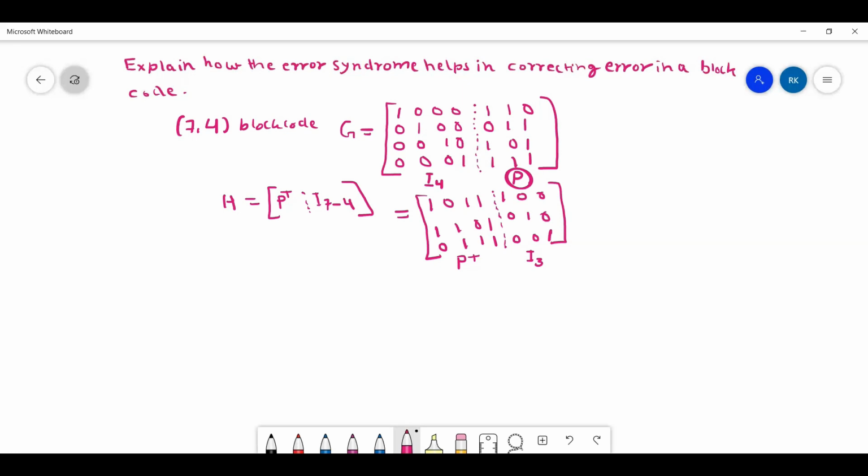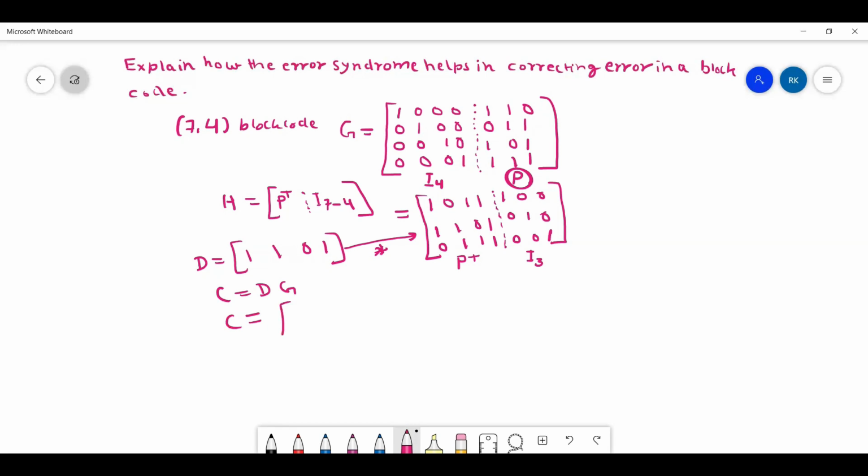Now for a message block of this size, let's assume that this message block D is 1 1 0 1. We have taken a 4-bit message block because the size of this was 7-4. The code vector corresponding to it, C, is equal to D into G. So let's multiply this with this. Let's multiply them together, which will give you